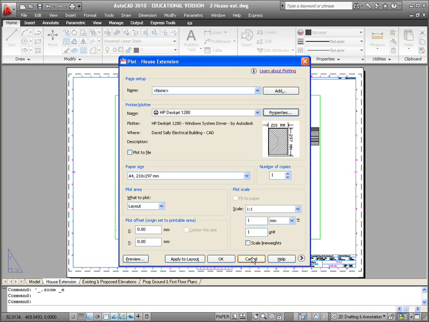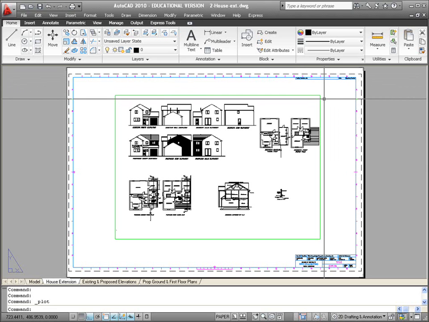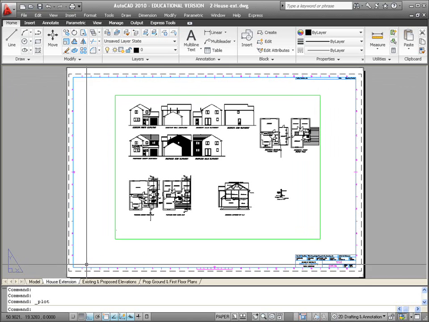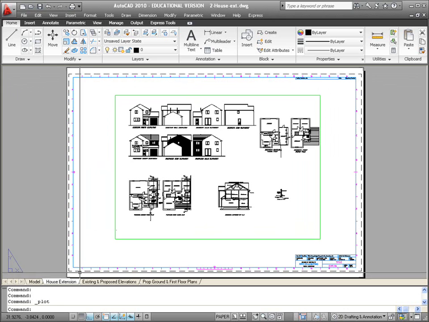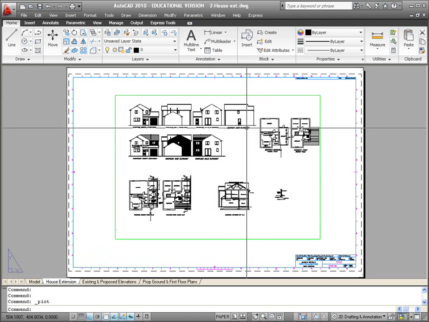I'll just cancel that now because I don't want to modify this sheet. So that's the printable area, and it's important that you have a look at that and see exactly what your printer can print before you go printing any title blocks, because you go to the bother of creating all these lovely title blocks and then you see that your printer can't fit it in. You have to go and fix it all up again. So that's information that you need to know, and you can write it down for future use. Okay, so